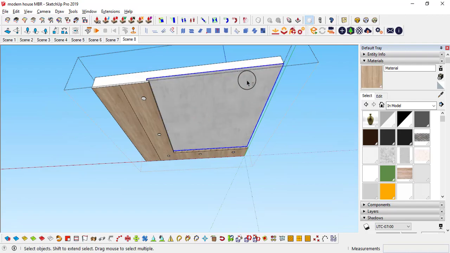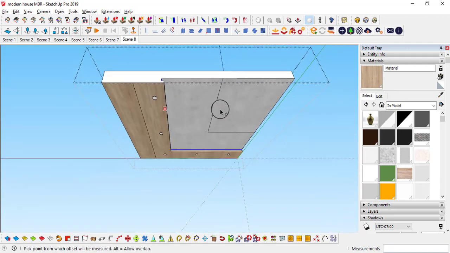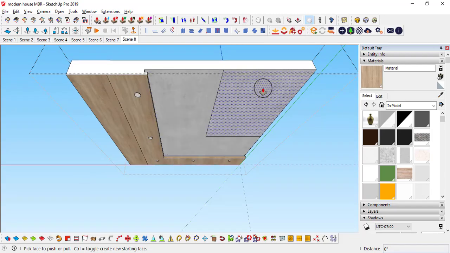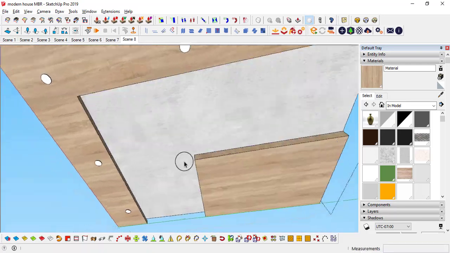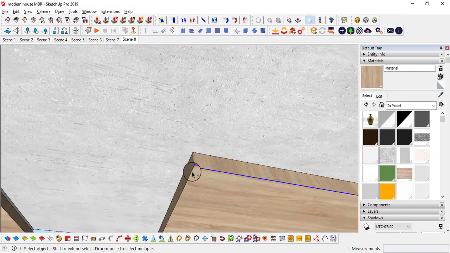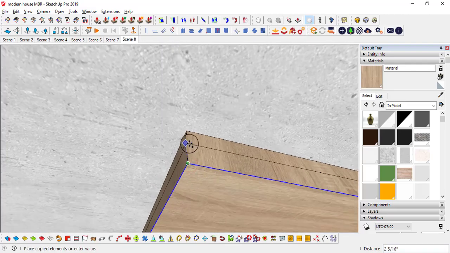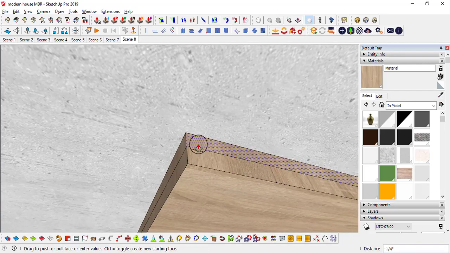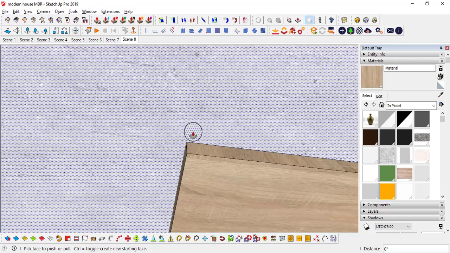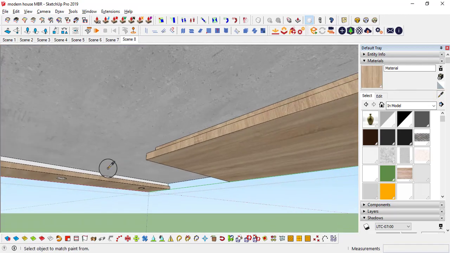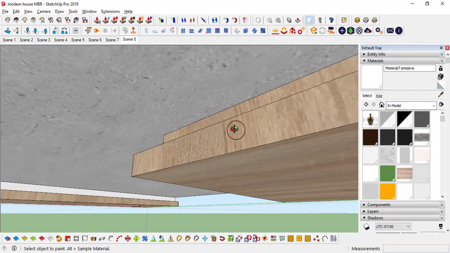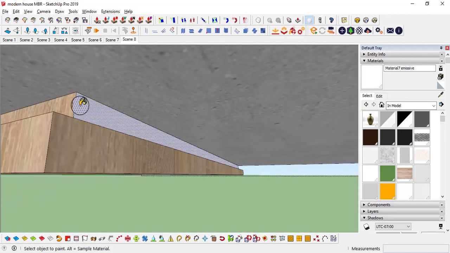Double click, shift, deselect center face, this line, and F to 4 feet. I'm going to do it and push pull. Sorry, before push pulling, apply the material. Now push pull it. Now you can select these, and you can add a co-light over there at the midpoint. Push pull inside 2 inches. Double click. Control X. Erase this one, and you need this one MSU material on this face and that face.